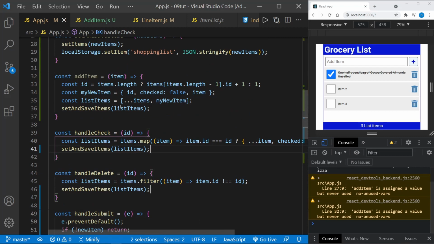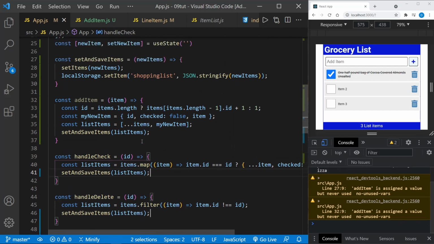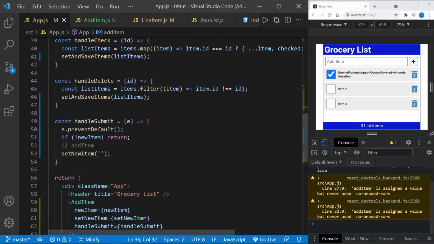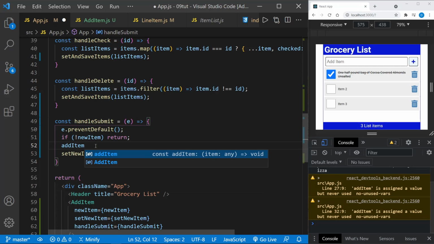Now we set and save items at the end of each one of these functions instead of having those two lines that were identical in every function. Now let's go ahead and scroll back down to our handleSubmit where we're ready to actually call the addItem function, and we'll do that with the new item state and save, and we should be ready to add new items